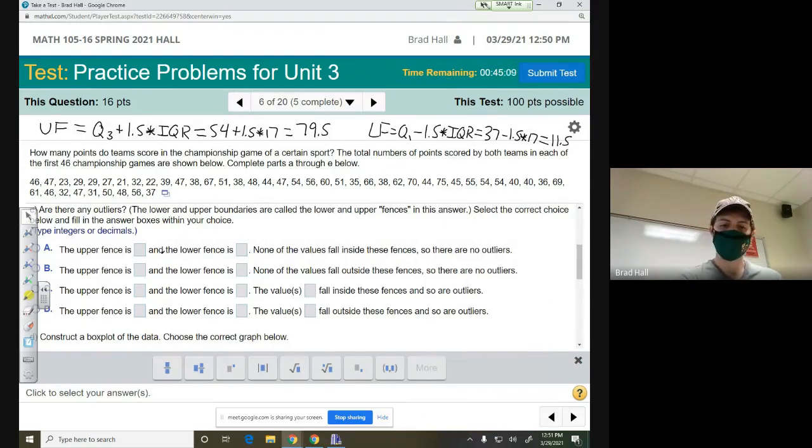So from here, we have the fences, but there's 4 answer choices here. And it's pretty much asking us if there are any outliers, because remember, the fences tell us the boundaries for which all the regular values should lie in between. If there's any values that are larger than the upper fence or smaller than the lower fence, then those are considered outliers by definition. Well, one quick way to determine this,